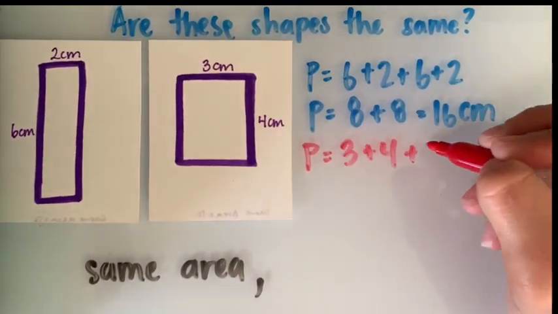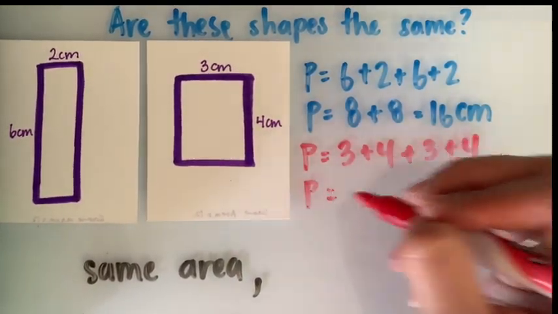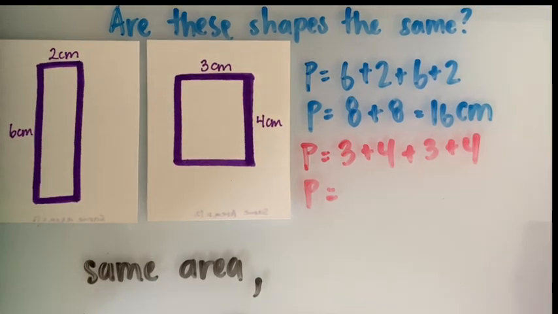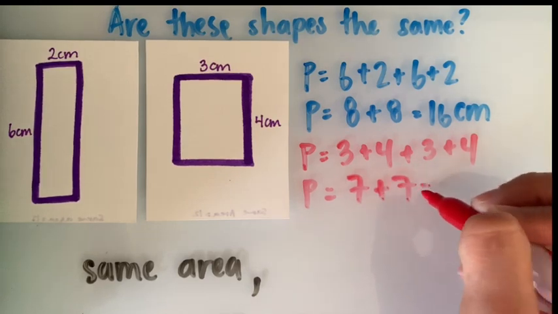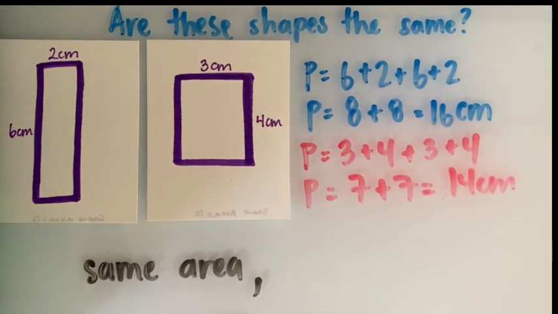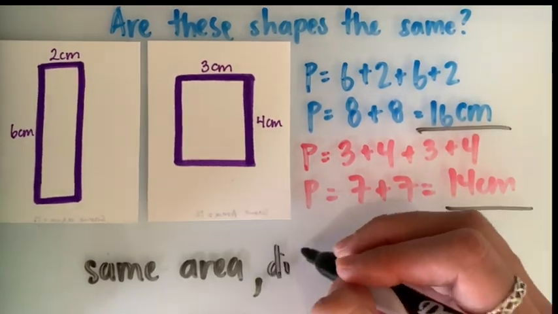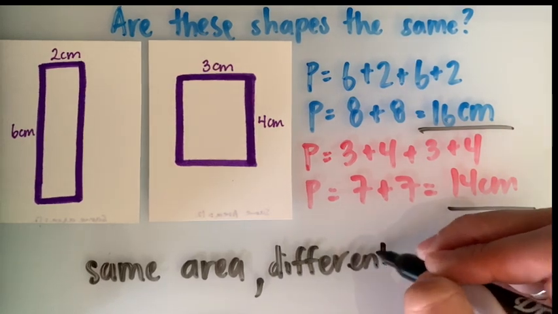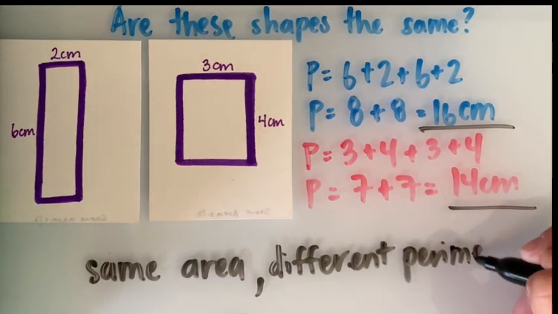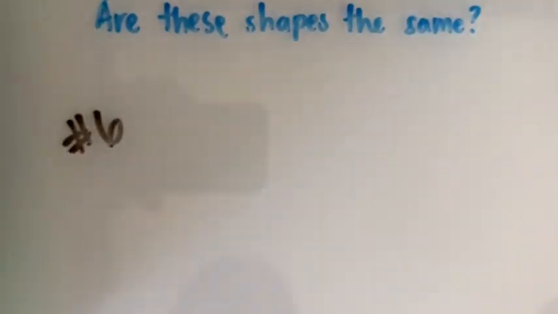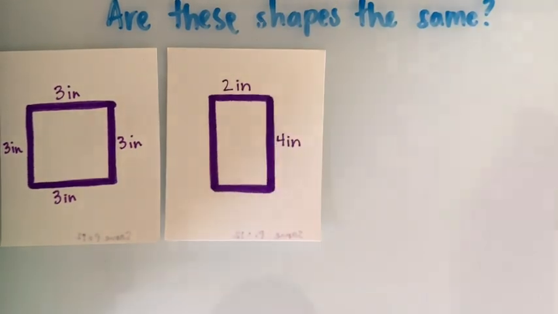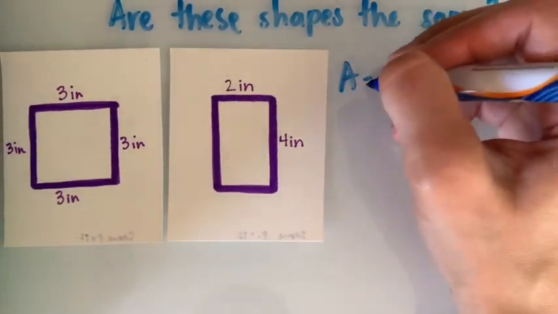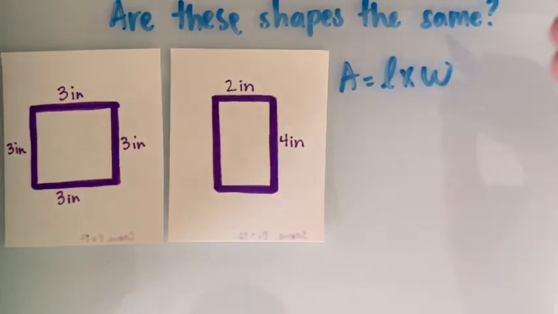For shape number 2, we are adding 3 plus 4 plus 3 plus 4, which is equal to 7 plus 7, and that is equal to 14 centimeters. So we see that our two perimeters are different. So this example has the same area but different perimeters. Another example, we have two figures here, one square, one rectangle, and we're going to look for our area first,